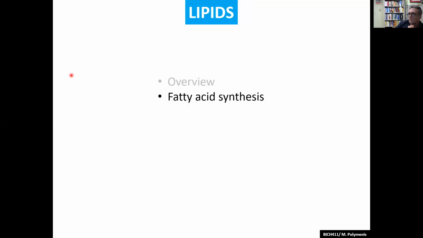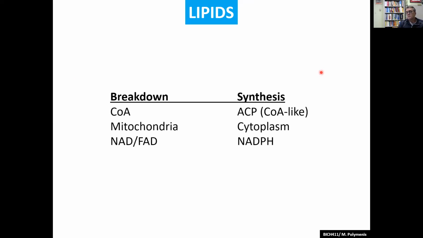Hello, everyone. In this video, we're going to see how fatty acids are made. So when we broke them down, they always had a thioester with coenzyme A, and breakdown, we saw, happens in mitochondria, and we use NAD and FAD because we need to pick up these electrons from fatty